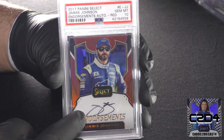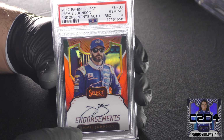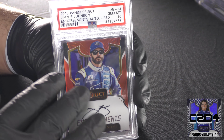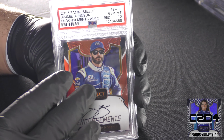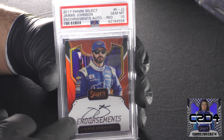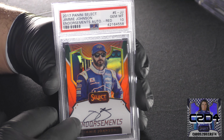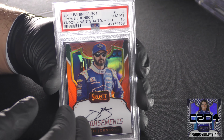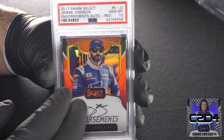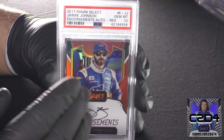Pulled this card pack fresh, and these endorsements for Jimmie Johnson is going to be, I could argue William Byron as the rarest, but you can certainly make the case that it's Jimmie Johnson that's the hardest to collect, because obviously he has no blue or no base. But the thing is, though, the argument for Byron, if you will, is that because he does have a base,